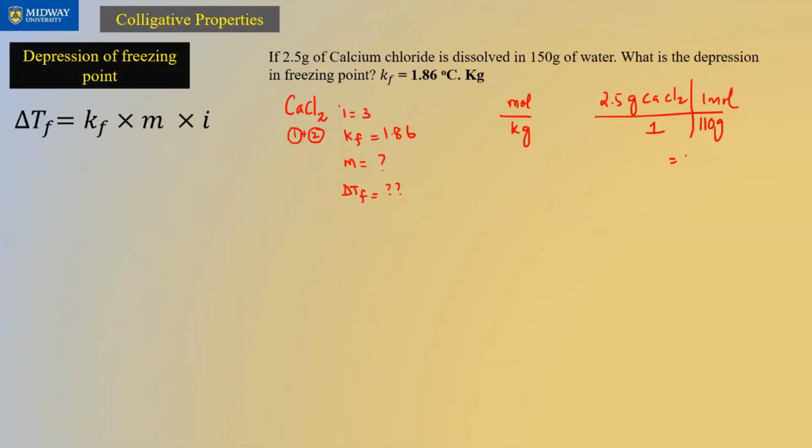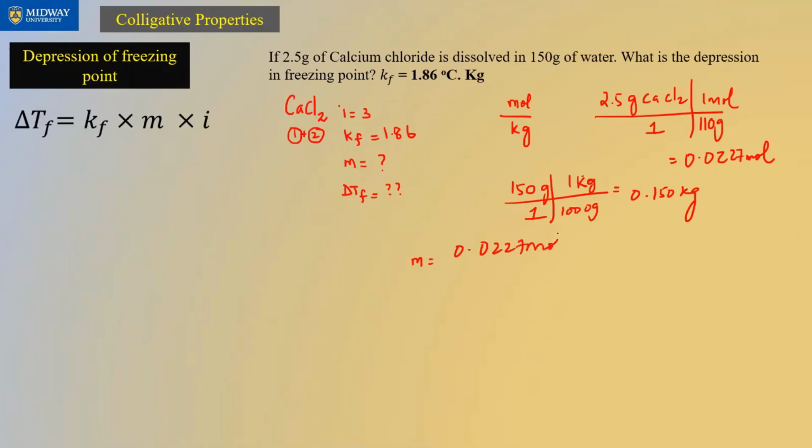It's 0.0227 moles. And 150 grams of solvent is the same as, you know what I'm doing, right? Kg is 0.150 kg. So molality is